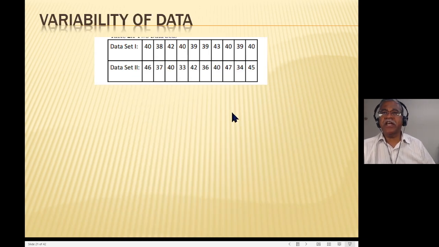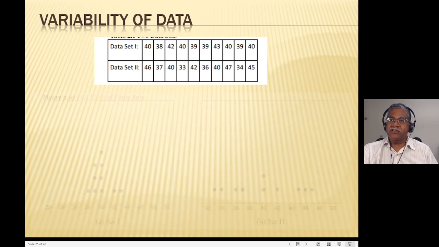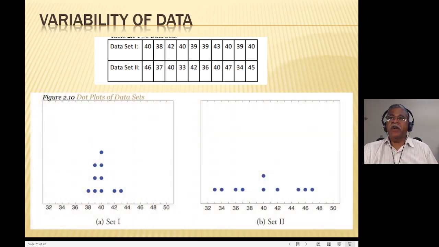All right, now let's look at variability of the data set, and the variability points to something else we know, and that is the standard deviation, and the square of the standard deviation is called the variance. Okay, so here you have one data set and you're plotting it. The lowest number is 38, and the highest number is 43. If you do a dot plot and plot each of these points, you'll see the same distribution, right?